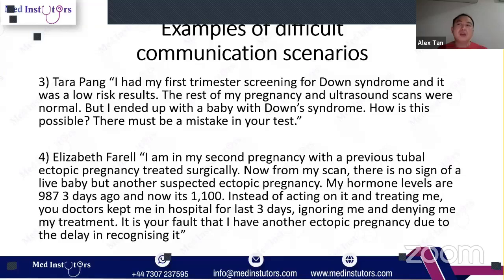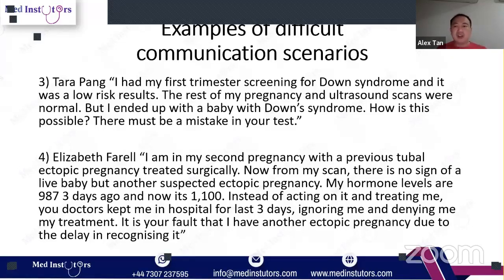Now, as I said, when you counsel for certain things, you expect to counsel for screening tests in the first and second trimester in pregnancy. Down syndrome, spina bifida, and other fetal anomalies are going to be something you must be able to convey, to tell the role player some information before you refer on to the fetal specialist.